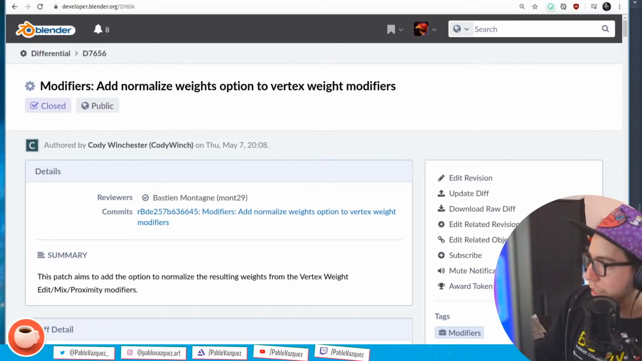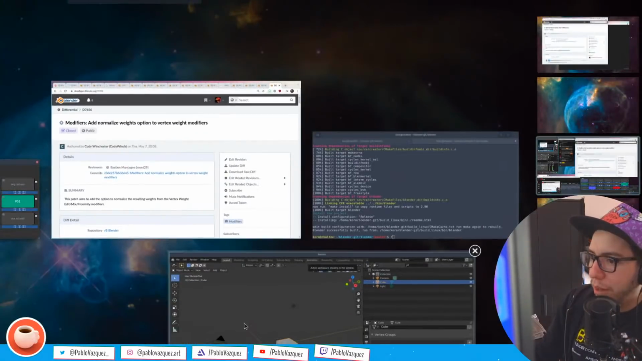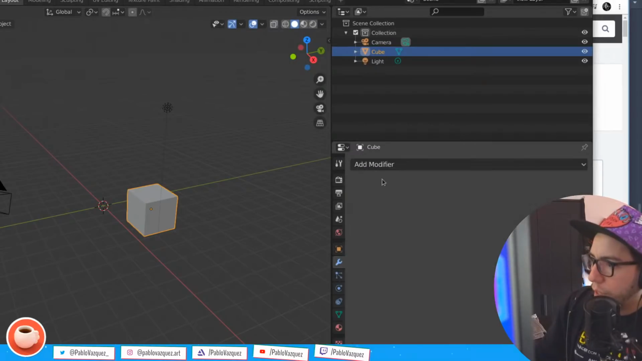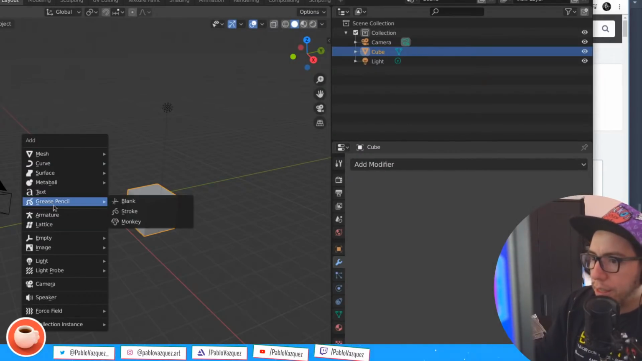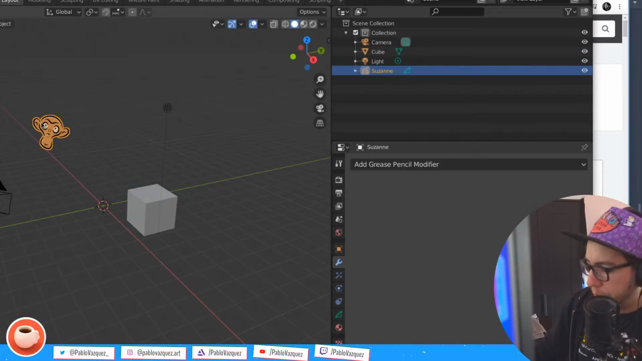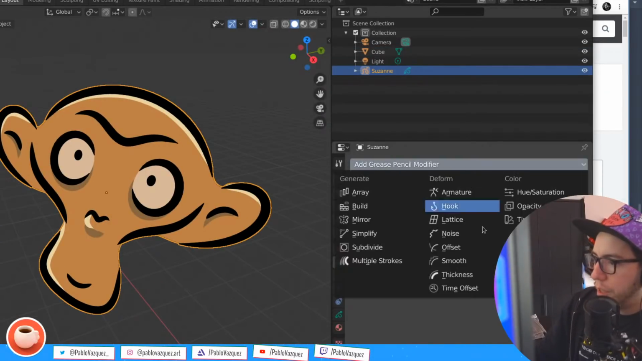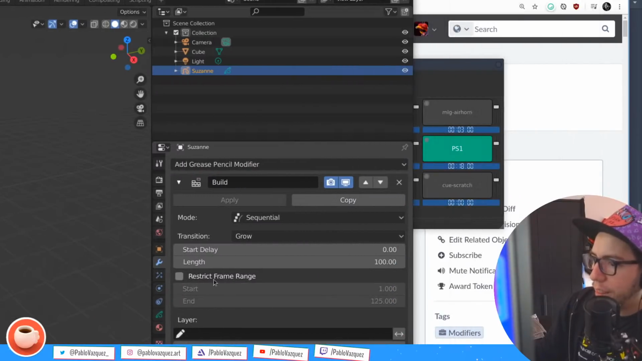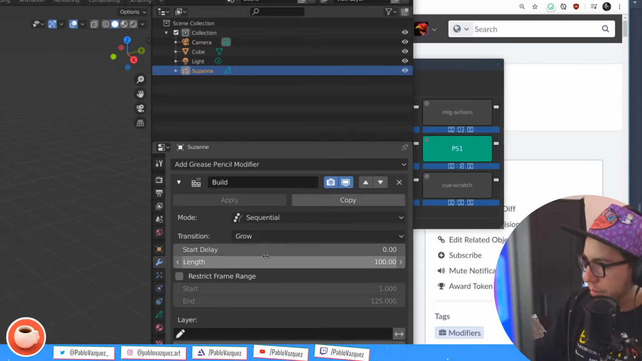Super nice. The Grease Pencil build modifier now has an option where you can control the building. If you have the Grease Pencil monkey, for example, and you use the build modifier, you're gonna see that the growing has a